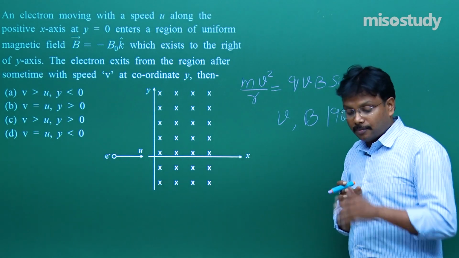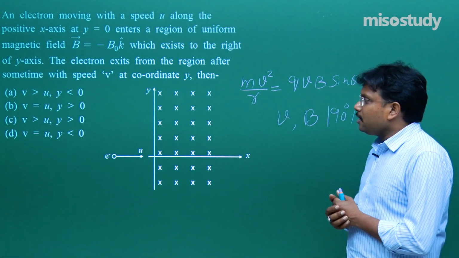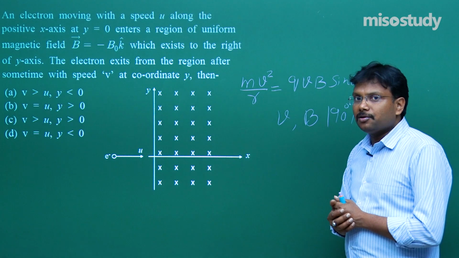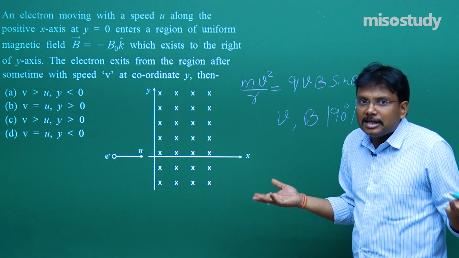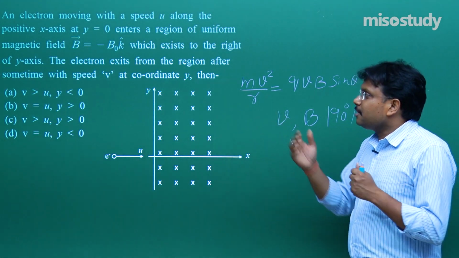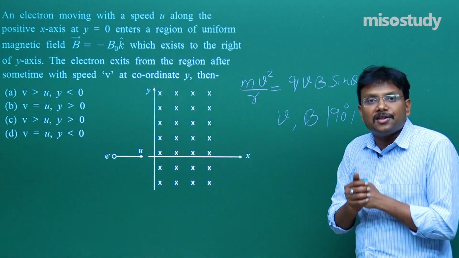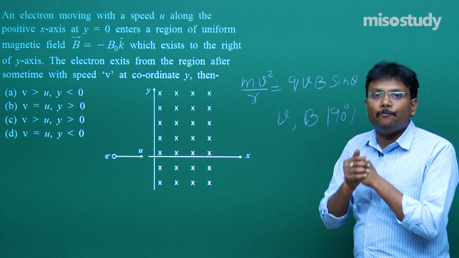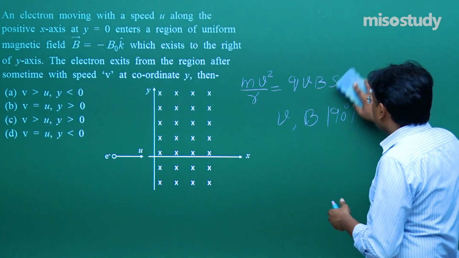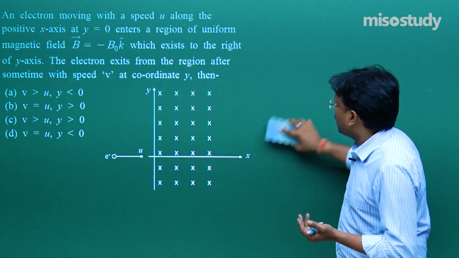One thing is quite sure. Now, as the electron is moving on a circular path, there is no change in kinetic energy, which means this magnetic force is not doing any work, fine. So, what I will say, I can mention it that